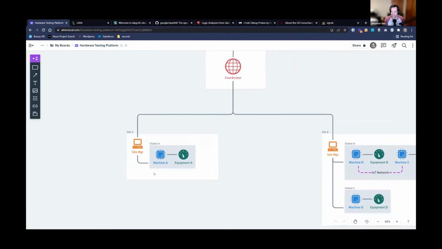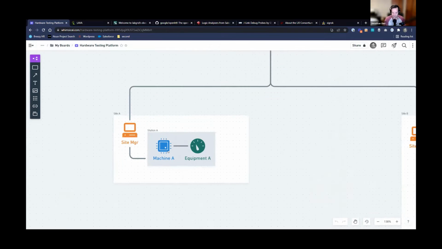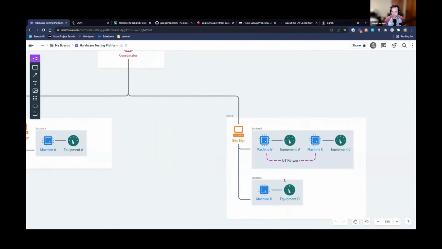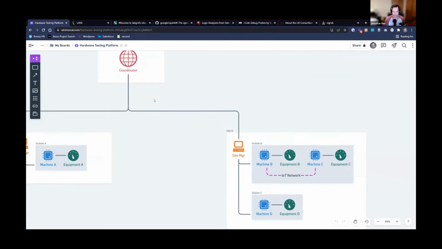But the classic, simplest possible way is you have a device. So like a device like this, I'm calling it a machine, has some test equipment. Maybe that's a debugger. Maybe that's other types of equipment, for example, monitoring power or consumption, and then some sort of computer nearby that orchestrates that, or that maybe has a test runner or some other SSH access, et cetera. And then as you scale it up, especially in the world of IoT, you actually might have multiple devices as part of a station. So maybe, for example, machine B and machine C are connected over Bluetooth. And you need to be able to manage that network and control that network and maybe simulate network conditions. But as you scale this beyond more than 4 devices, it becomes increasingly complicated, as you probably can imagine.